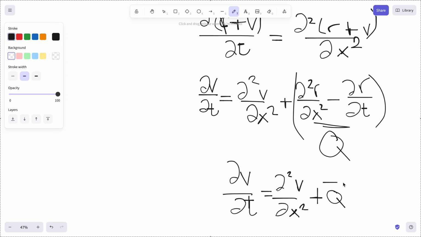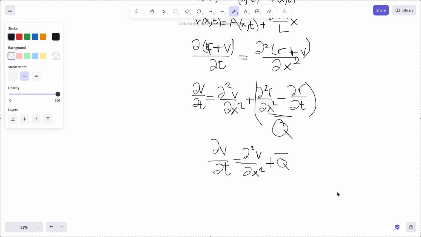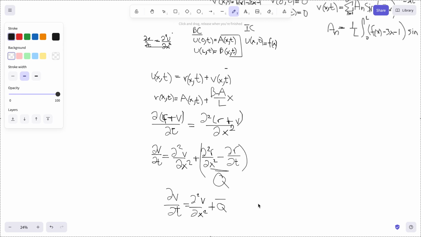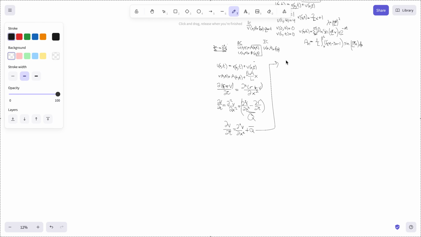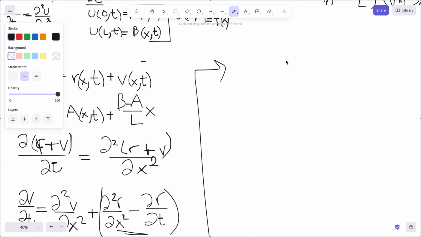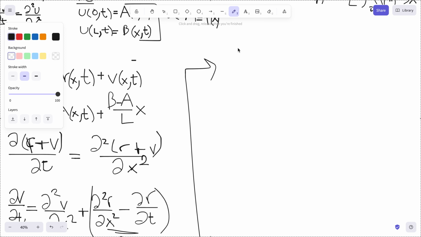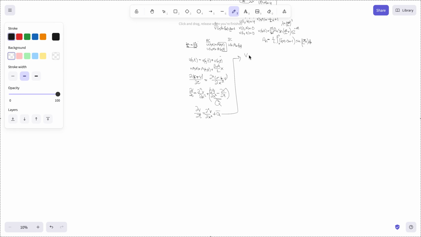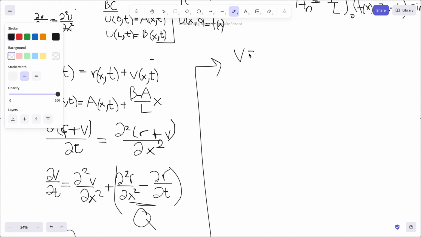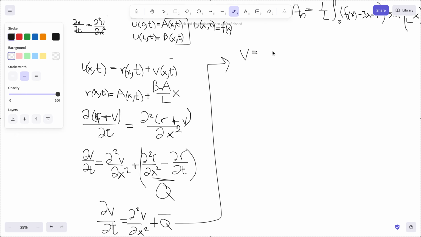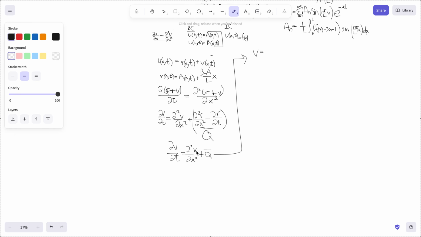Well, what we'll do is we will treat it as a homogeneous equation first, and solve it as a homogeneous equation first, and then reintroduce the source charge when we're dealing with the coefficient. So v here equals v here,